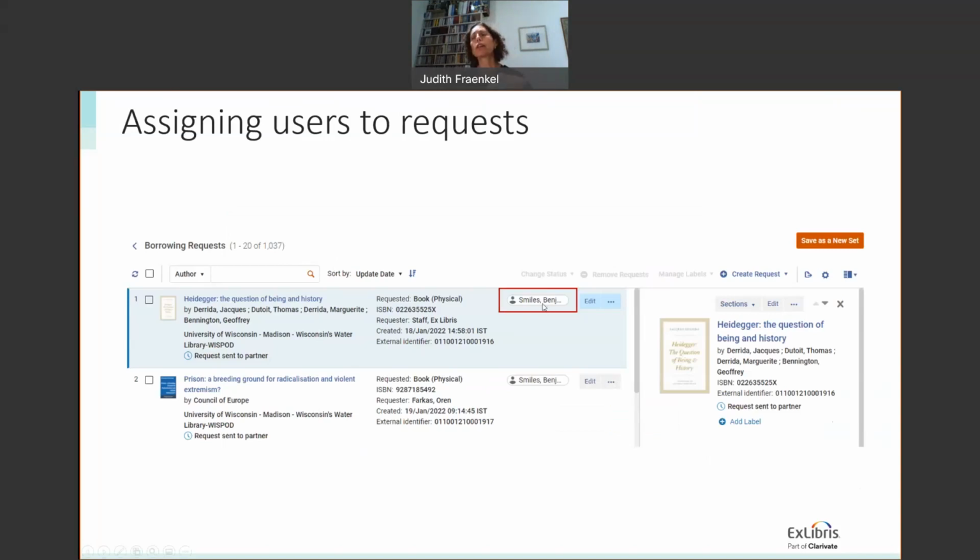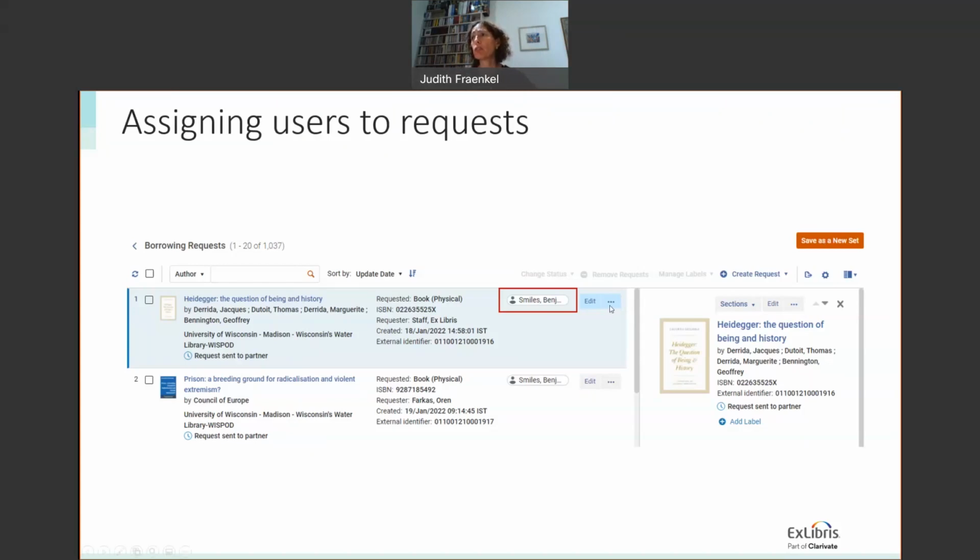I'll go into the different options for viewing requests at the end of this mini section on assigning requests to users. I just want to say that requests don't disappear for everyone. It's not that you're not able to see requests assigned to others. We'll talk a little about how you manage that. But before I move to the next slide, what I want to say is that in this case, if we were